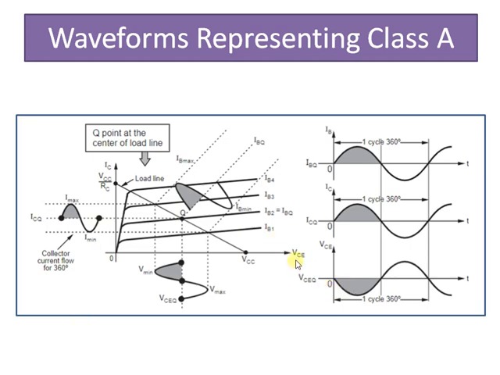In this graph of IC versus VCE, you can observe that the waveform for the output current IC is also completely 360 degrees. Even the variation in VCE is 360 degrees, and the variation of current is also 360 degrees. The main reason is that the Q point lies in the center of the DC load line. You have the same thing repeated here, the waveforms for the input current IB, the output current IC, and VCE. VCEQ, ICQ and IBQ correspond to the current and the voltages at the Q point.